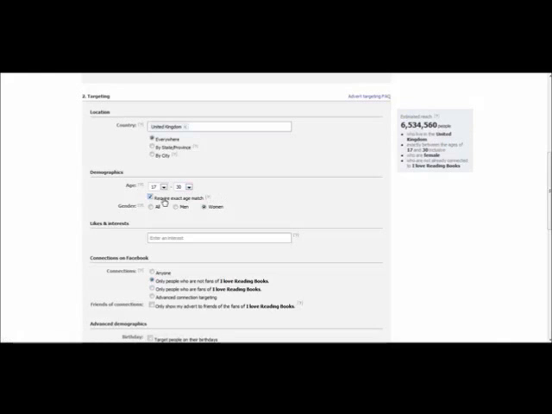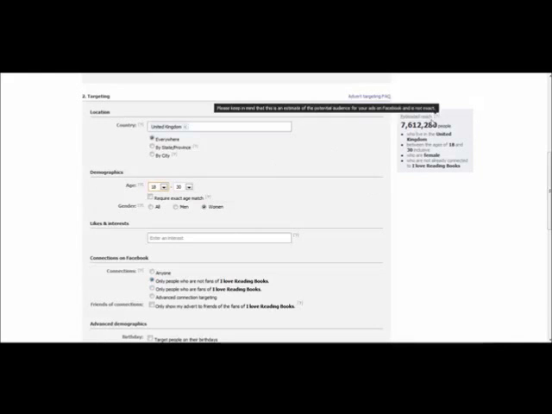And if I take this off, you get 8 million. So if you want to narrow this down further, you would just target the 18 to 30 year olds, and there's 7 million people.